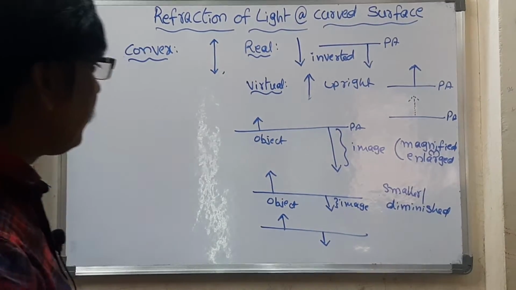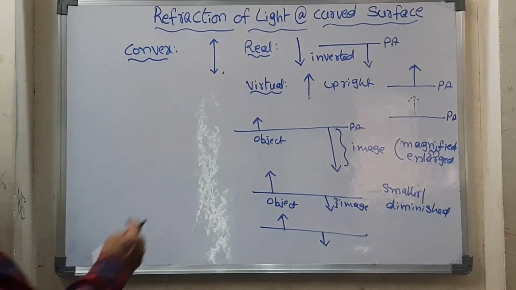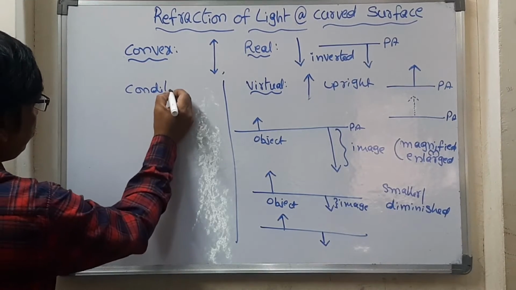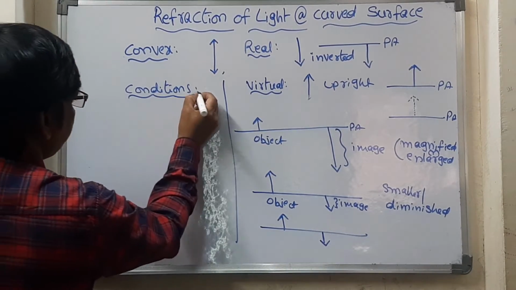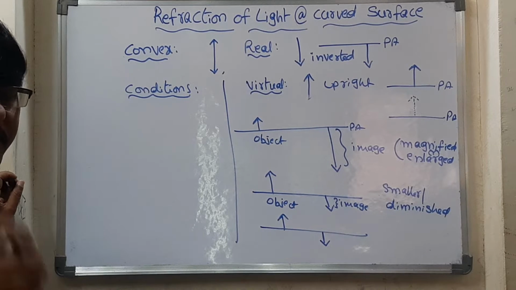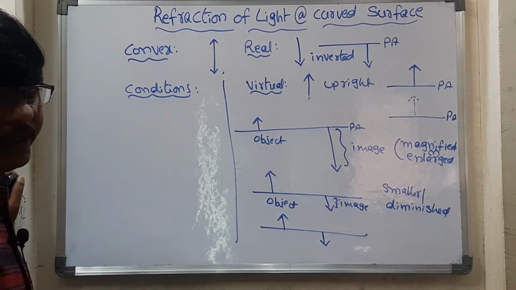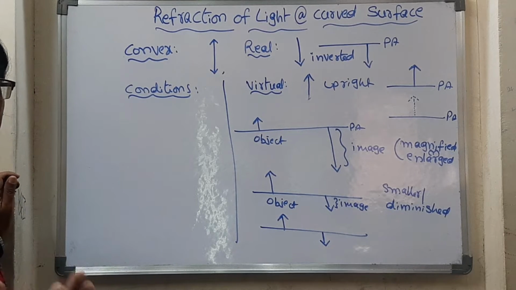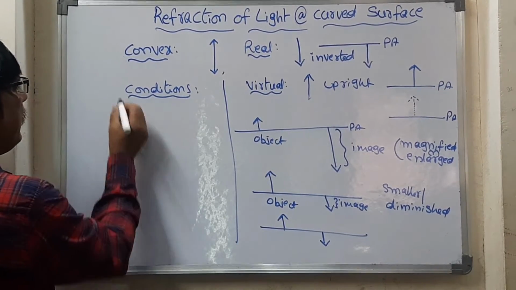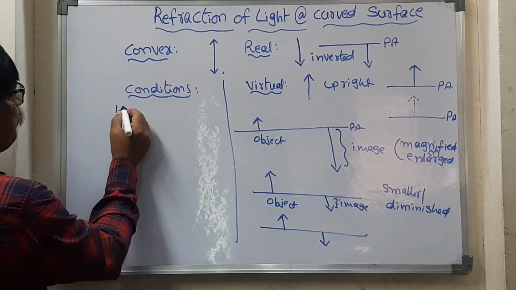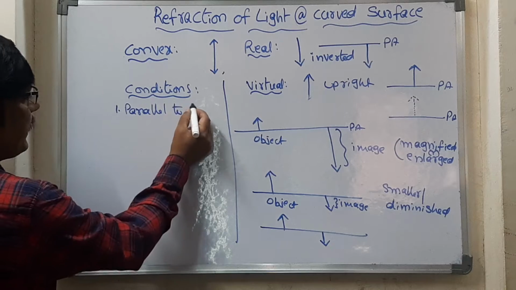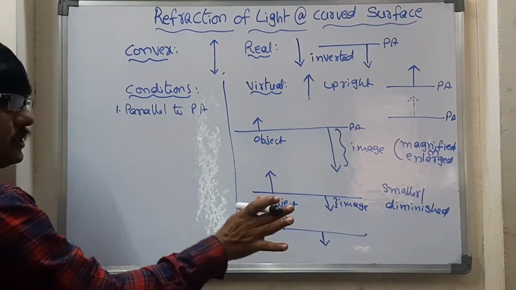Now let us discuss what the procedure is for drawing ray diagrams. An image is formed by n number of point objects, but for our consideration we will take any two rays only. To draw the ray diagram we will take two rays, and the first ray is parallel to the principal axis. For all situations this is the same.